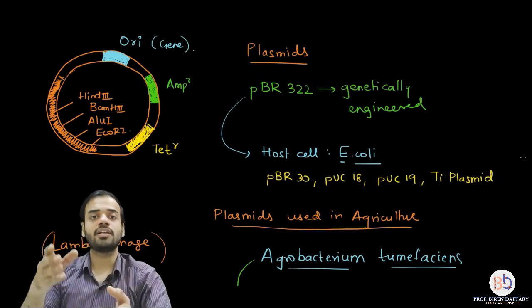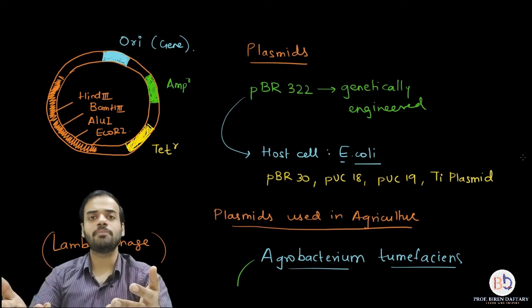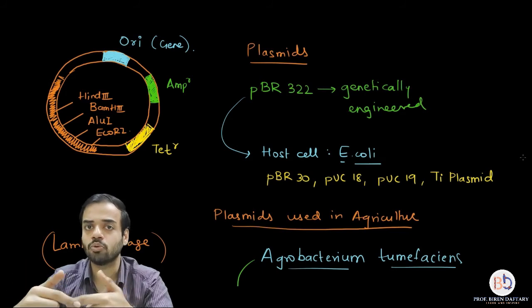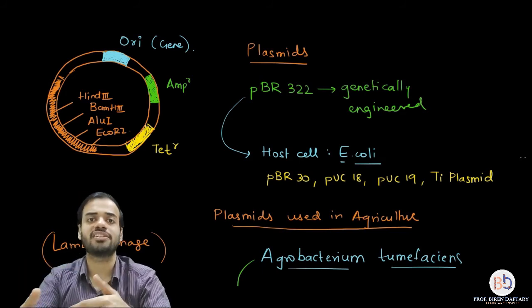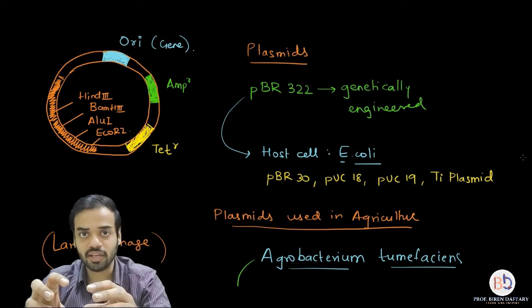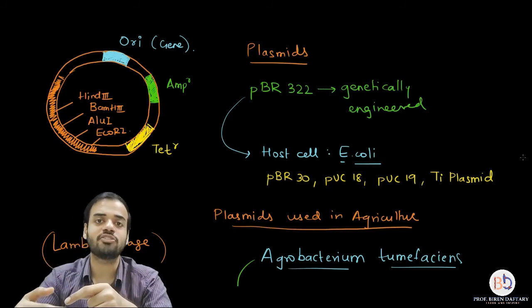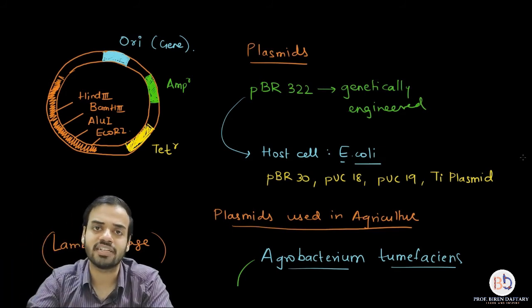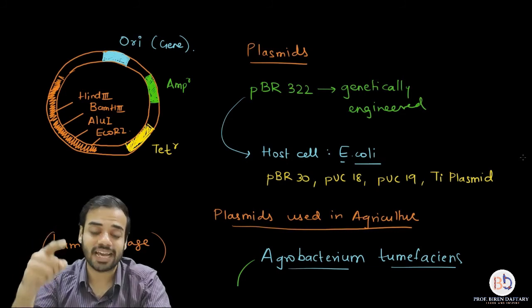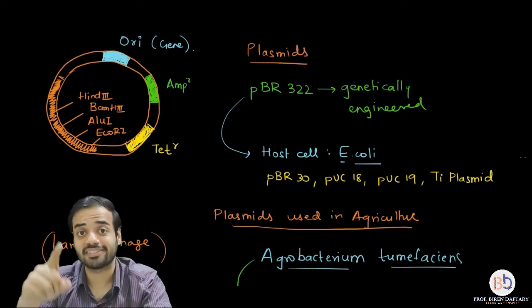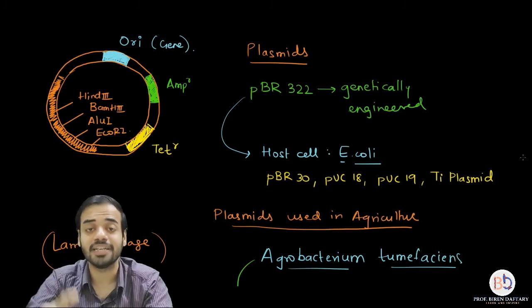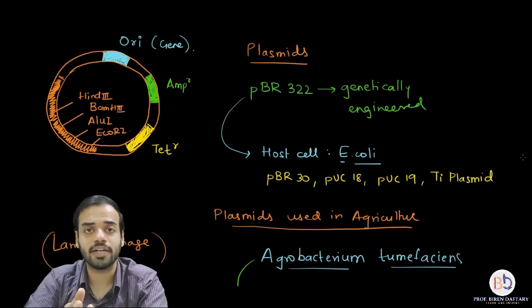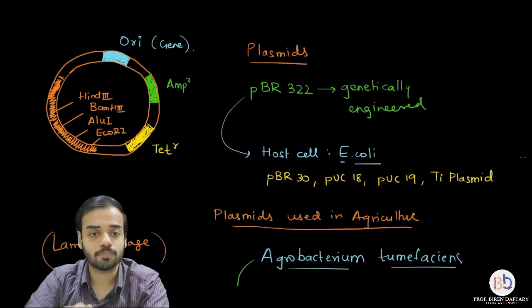See, now we are learning about Agrobacterium. Why are we not using pBR322 to insert into the host cell? Because compared to pBR322, the Ti plasmid easily enters the host cell. That is why we are using Agrobacterium. Okay, because the transfer rate is much higher in Ti plasmid compared to pBR322, because pBR322 is genetically modified. However, it cannot be as easily transferred into the host plant as compared to Agrobacterium Ti plasmid. That is why we are using Agrobacterium Ti plasmid in agriculture. Anyway, which was the next point? Second is easily transferable. Third point is over here.